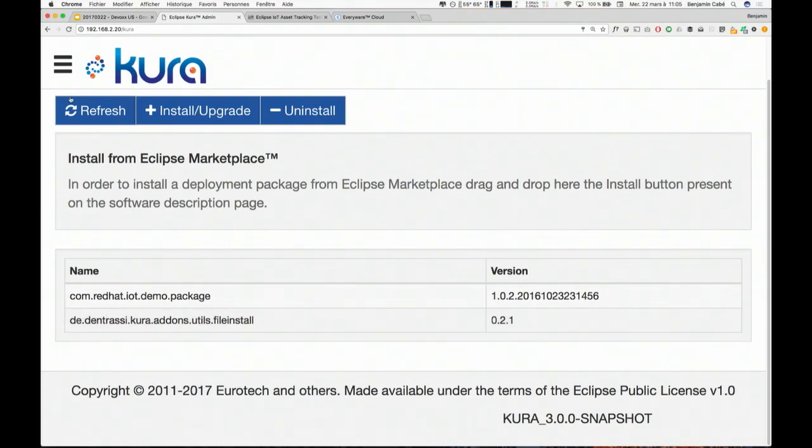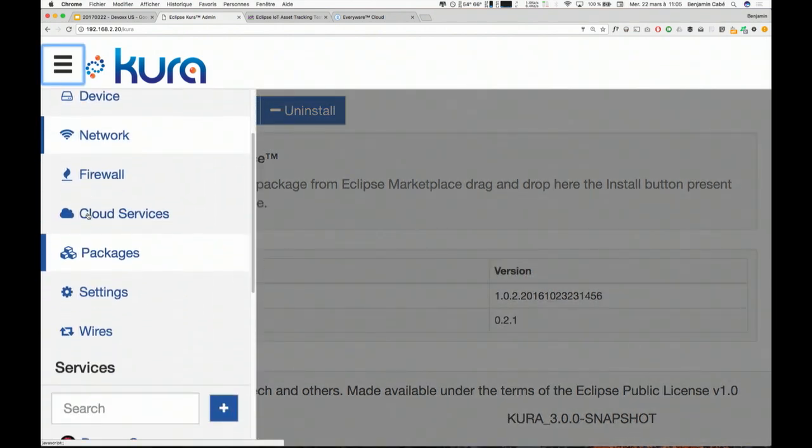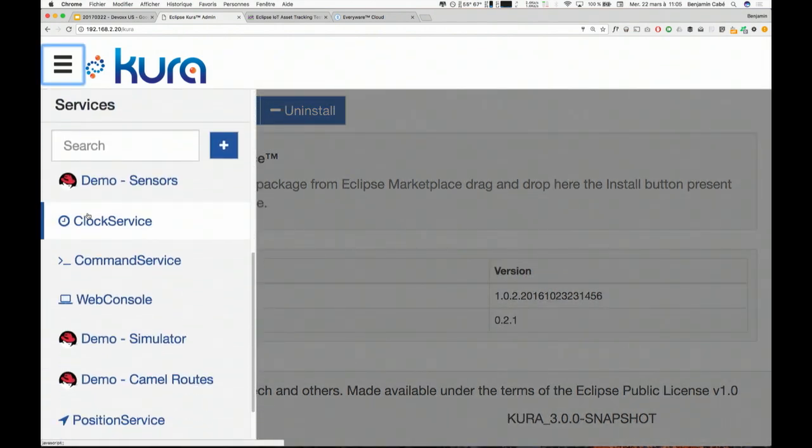Those apps that you create will provide new functionality, new services, into your Cora runtime. And you can very easily make them visible in the UI so people can configure them, right? And that's exactly what happened here.